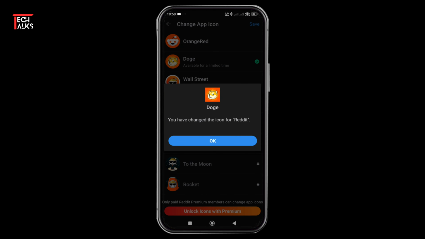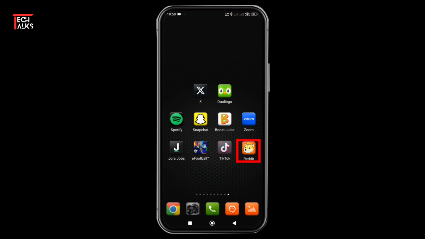And now let me go back. And here you can see my Reddit app icon have been successfully changed. So this is how you can change